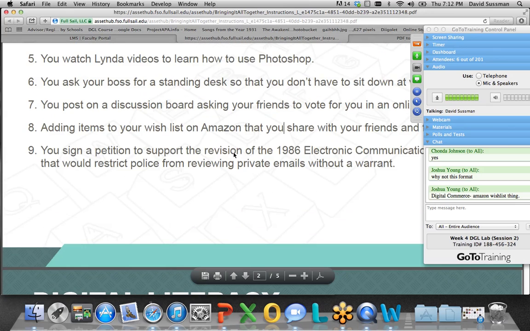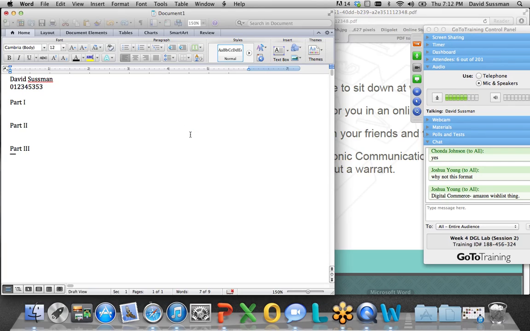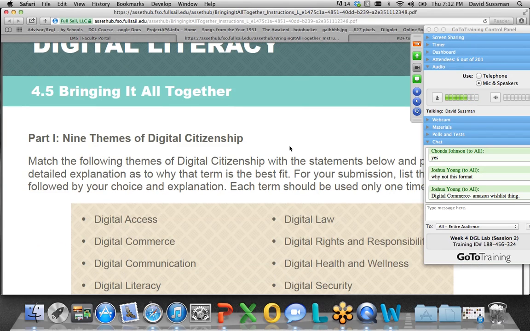Okay, so anyway, step 1 is as simple as that. So you'll put the question on your Microsoft Word doc, and let's pretend that I figured out a way to copy it over. Adding items to your Amazon wish list, and then I provide my answer. You should do a little bit more though. Be sure to read through the instructions thoroughly. You're not just choosing the right answer, but you're also explaining why you chose